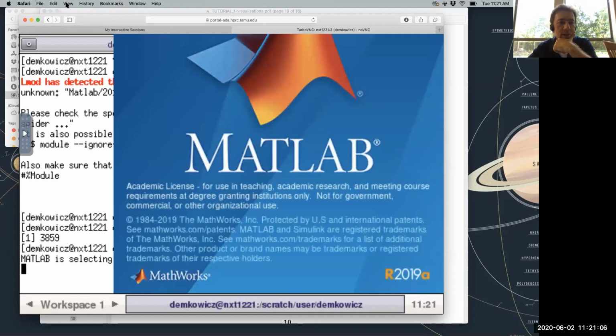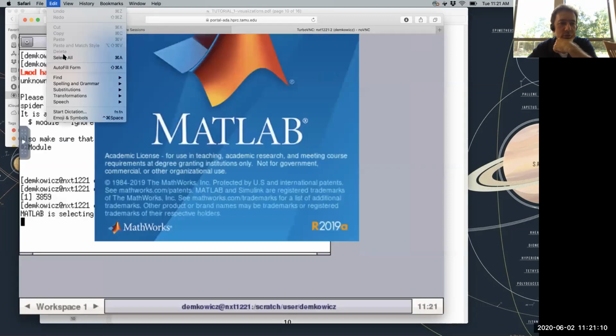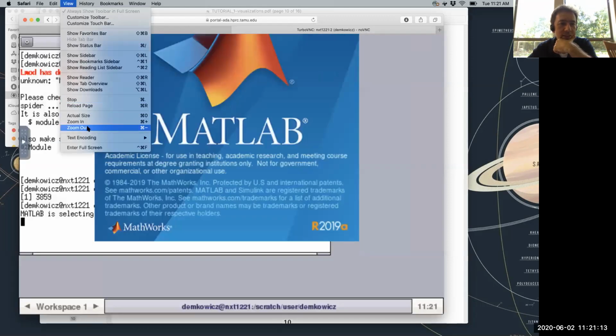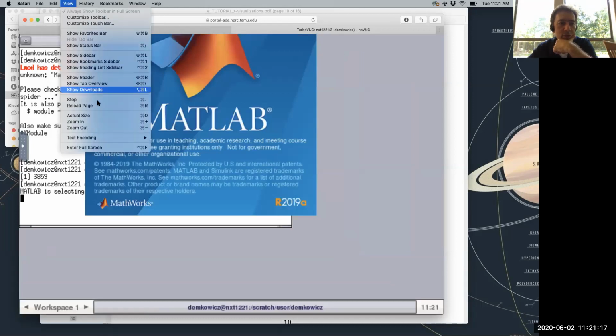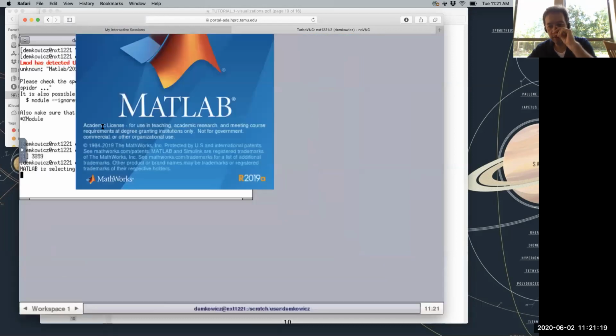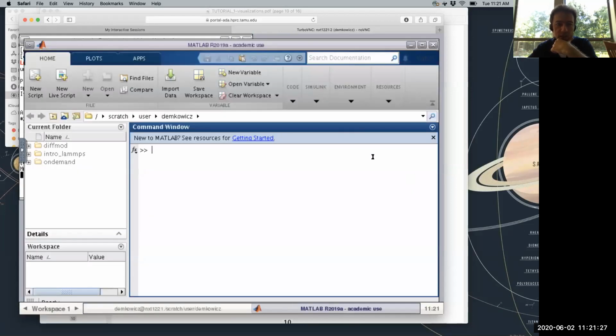Okay, and here my zoomed in version is working against me a little bit, so I'm gonna zoom out a little bit. Okay, so those of you who don't have Matlab on your computers will be able to access Matlab in your VNC window. Okay, and this is the default of how it opens.